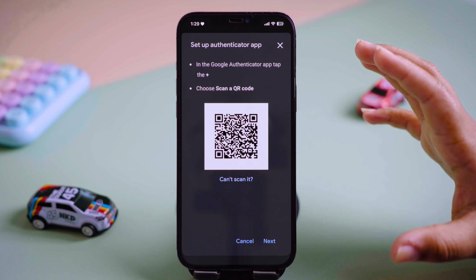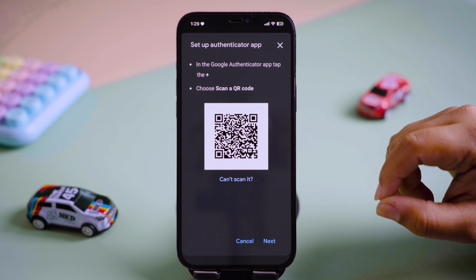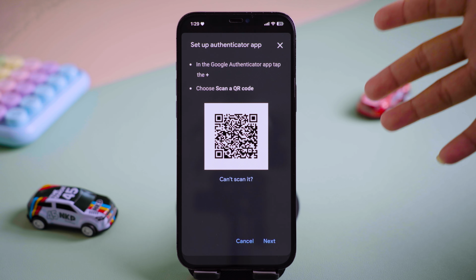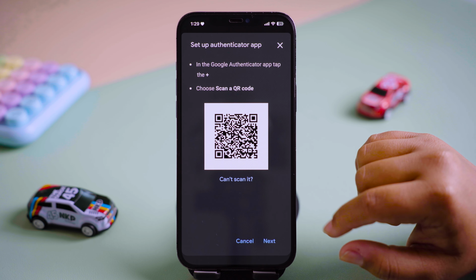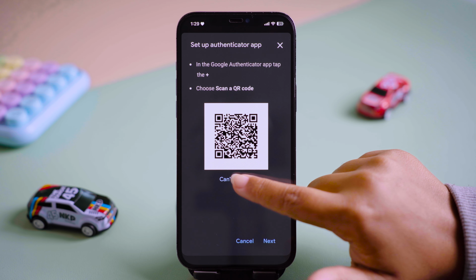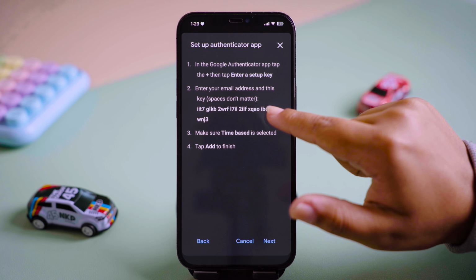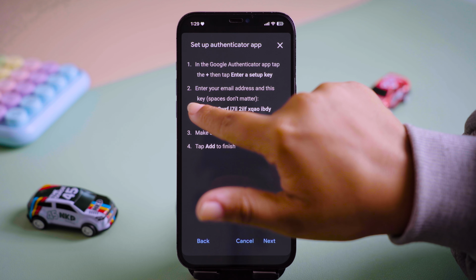So after doing that, next thing that you have to make sure is that you have your Google Authenticator installed on your phone. So you can simply scan this QR code, or you can tap on Can't Scan It, and then it will give you the key. So all you need to do is simply copy this key,